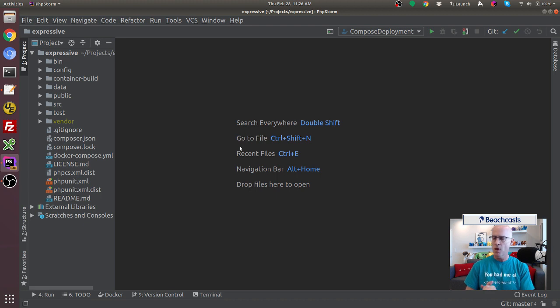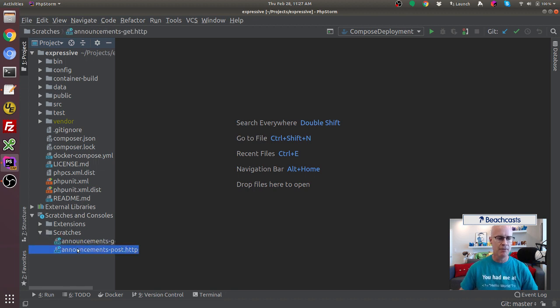So what we want to do first off is we're going to be making API calls. Now, in previous videos, I had used the HTTP client that is part of PhpStorm. However, they have a new thing in PhpStorm, and that is using files to actually execute your HTTP calls. So, to do that, if I expand scratches and consoles and expand scratches down here, I have a couple of files created. One is